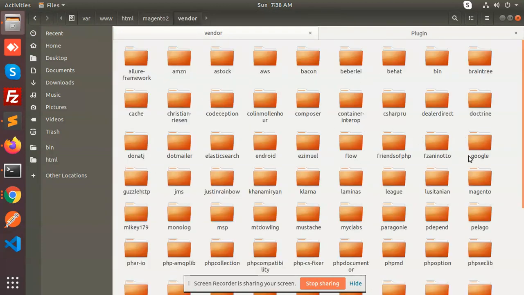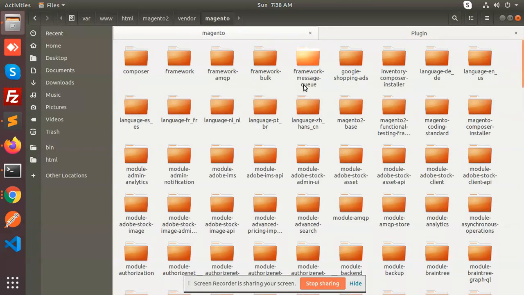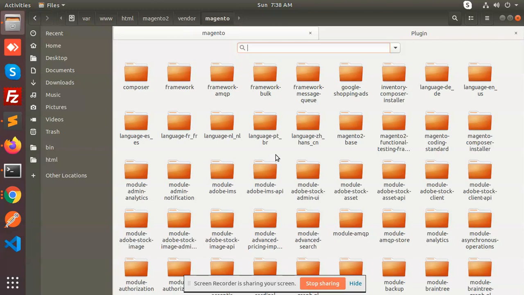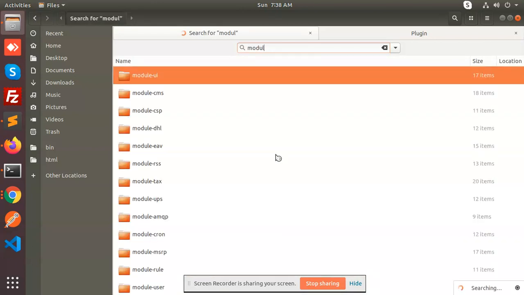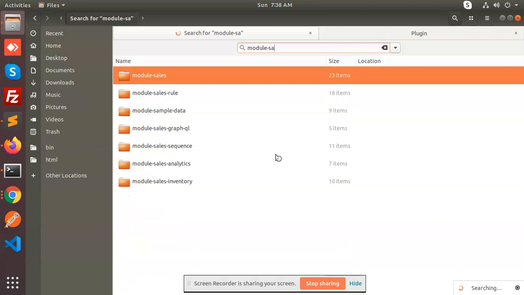Then we go to the Magento module sales. We have module underscore sales.